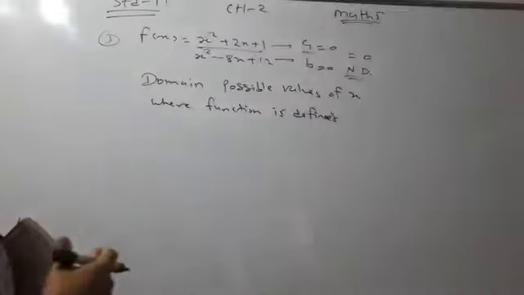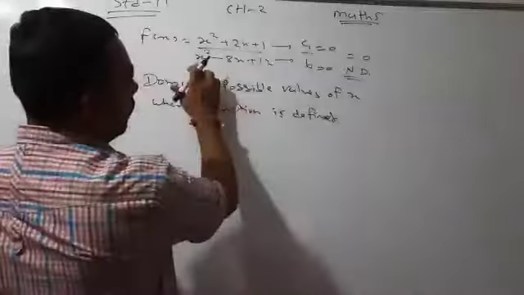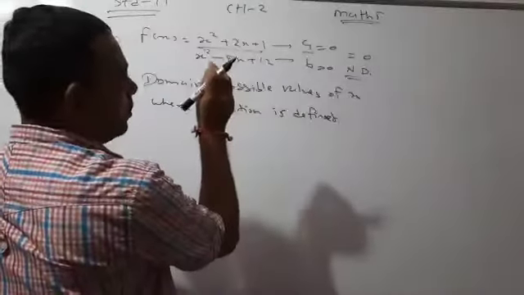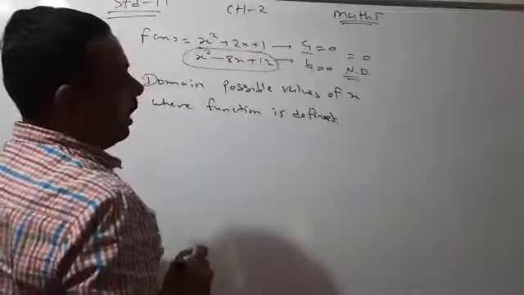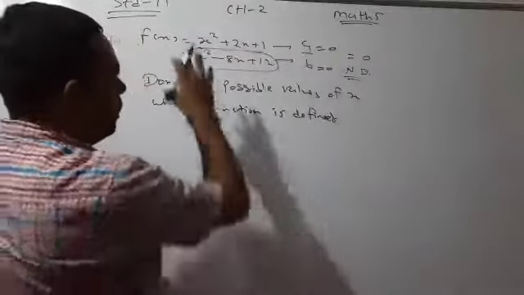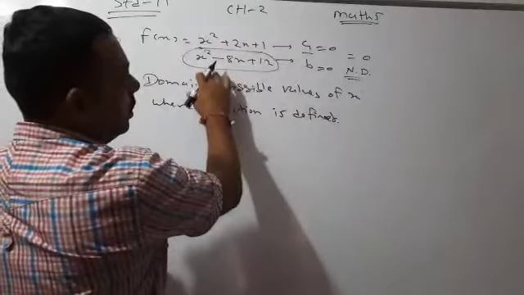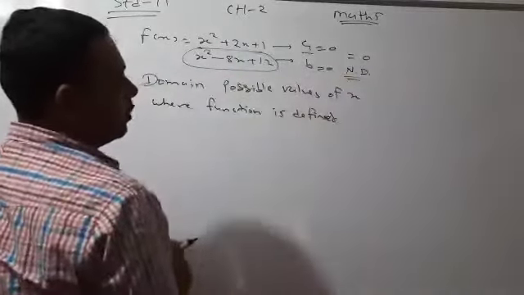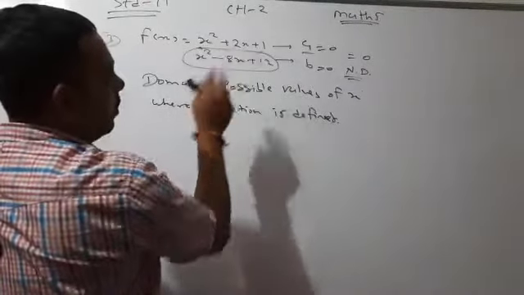So what do we have to find first of all? We have to find the values of x where the denominator quadratic equation gives 0, and those we will not consider for this question. Otherwise, if the denominator gives 0, the function is not defined, so we will not consider those particular two values. We know that because of the quadratic equation there are only two values.